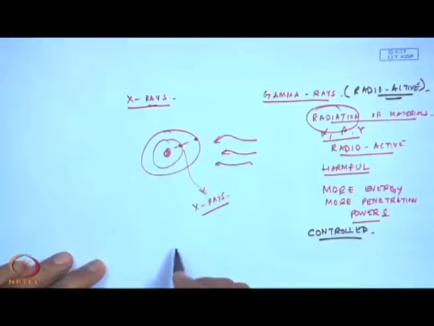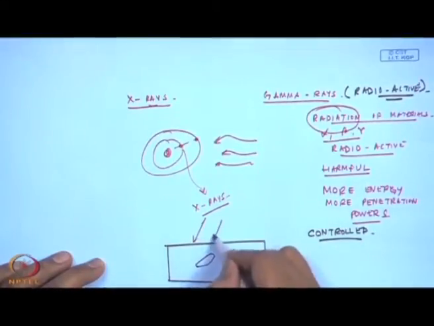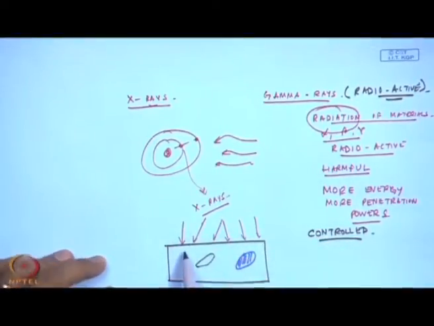Now, what happens, like we had in the case of ultrasonics, suppose we have a material where there is a void that is of a different density, or we have a foreign particle of another, higher density. So, if the X-rays are incident on this material, they are going to penetrate, and because of the density difference, what happens? The intensity of the X-rays at this location will be different